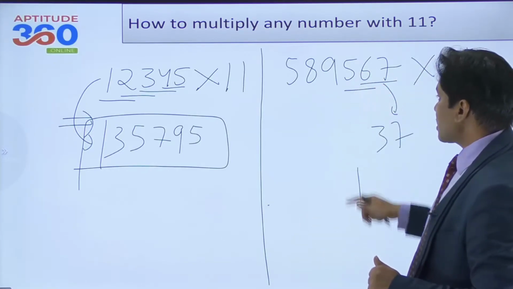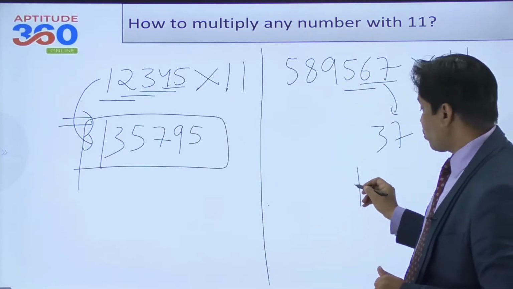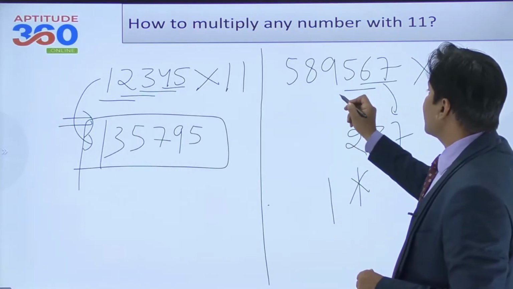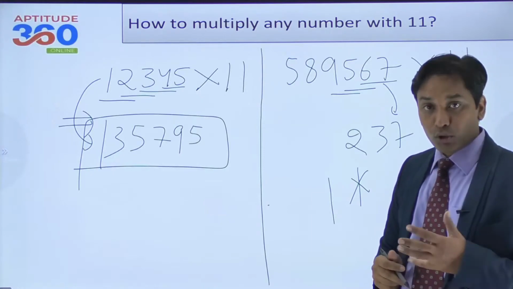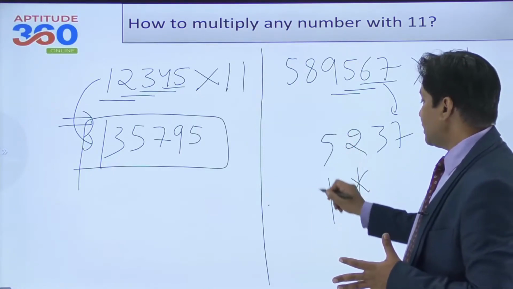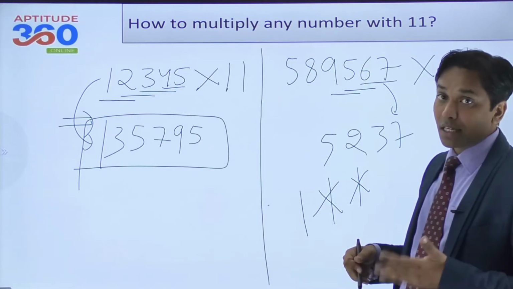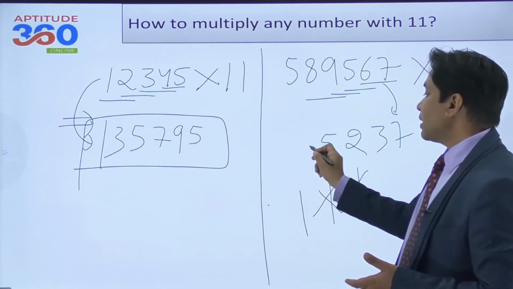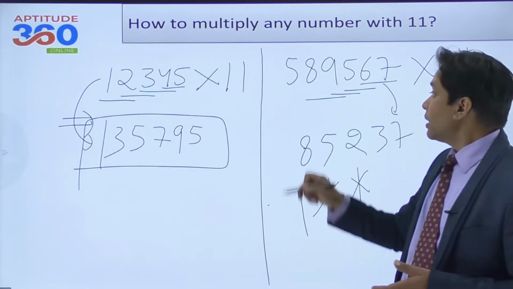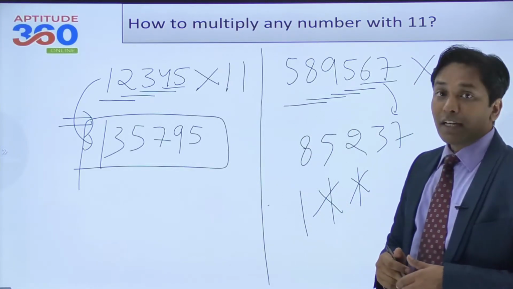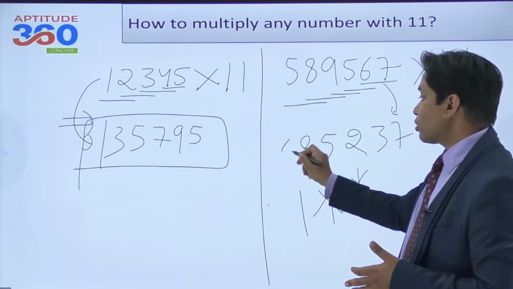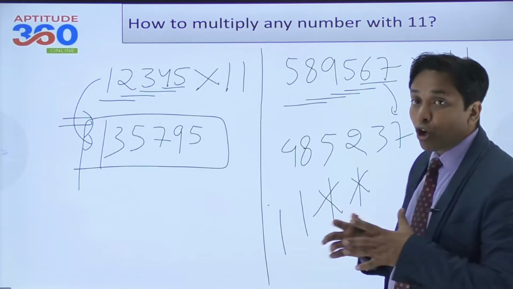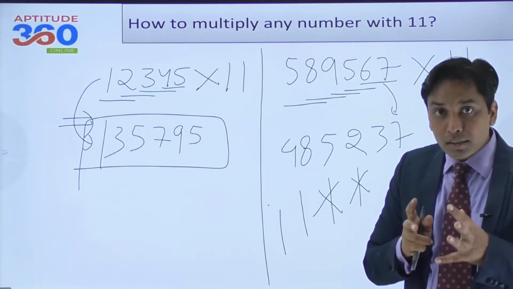So over here 5 and 6 is 11. 11 plus 1 is 12. So I will be writing 2 over here. This is 1. And then this is 9 plus 5, 14. 14 plus 1, 15. 1 is still the carry forward. And then 8 plus 9, 17. 17 plus 1, 18. 1 is still the carry forward. And then 5 plus 8 is 13. 13 plus 1 is 14. 1 is still the carry forward, and now you no longer have the pair of two numbers.